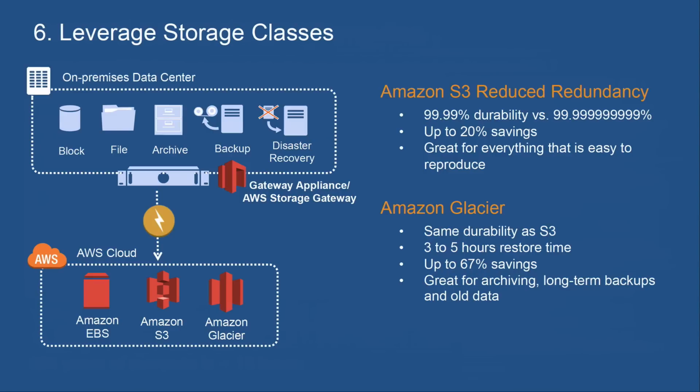Sixthly, storage. So there's several different storage classes available, for example, on Amazon S3. The default, something called reduced redundancy storage, and a service called Amazon Glacier. These storage classes can give you opportunities to optimize your costs for storing data. RRS, or reduced redundancy storage, reduces the durability of S3 from 11 nines to 4 nines, and it offers up to 20% savings in return for doing that.